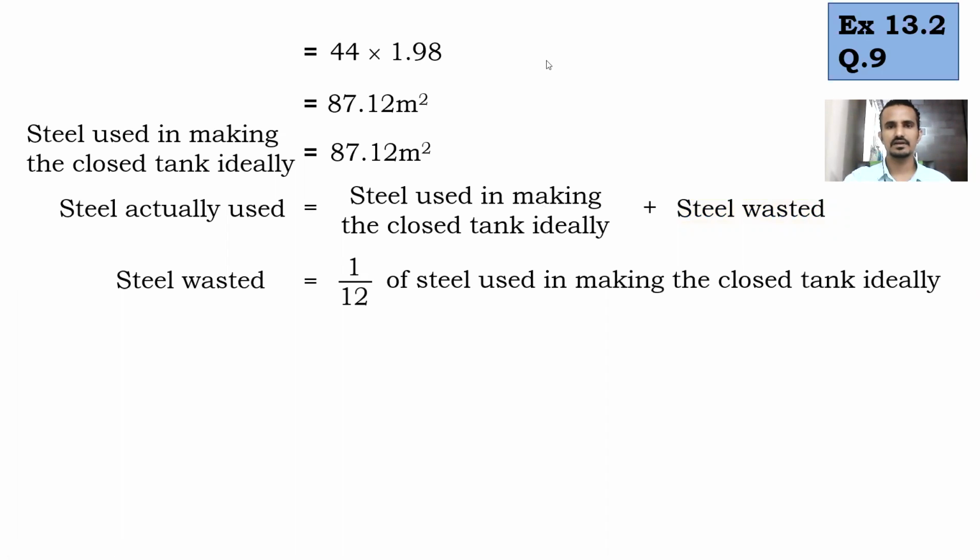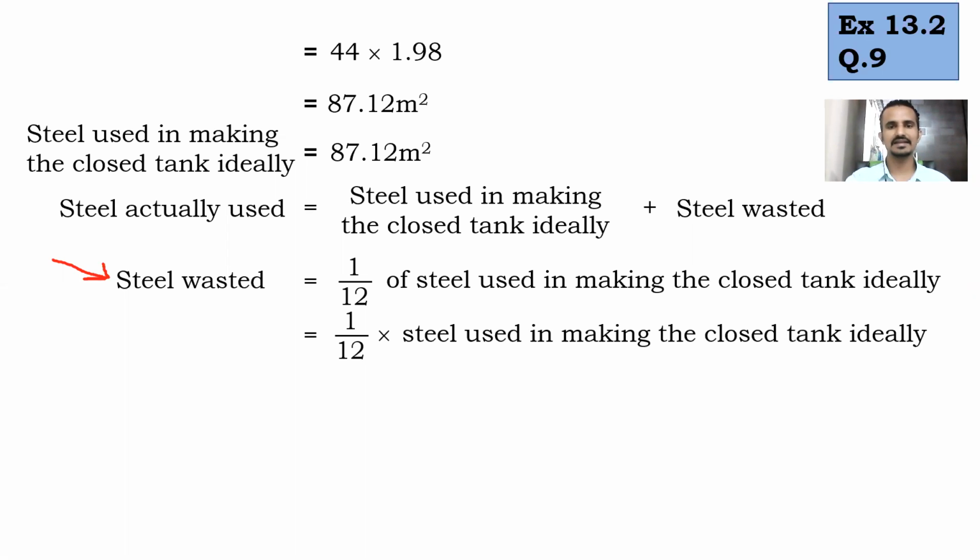So first write down this statement. Steel wasted, we'll calculate this first. Steel wasted is equal to 1 upon 12 of the steel used in making the closed tank ideally. Or you could have directly said 1 upon 12 multiplied by the total surface area. Even that means the same thing. So here it is going to be 1 upon 12 multiplied by our previous answer,